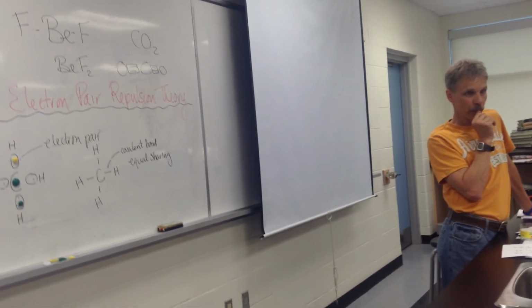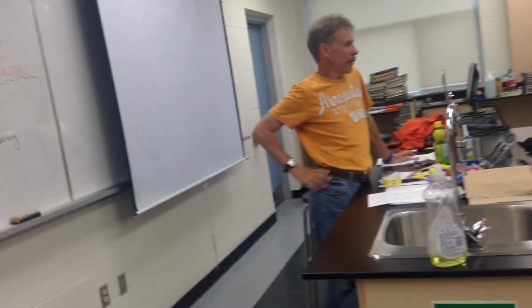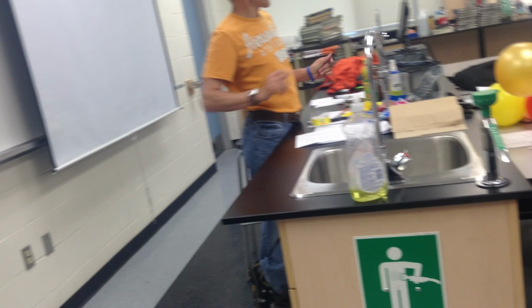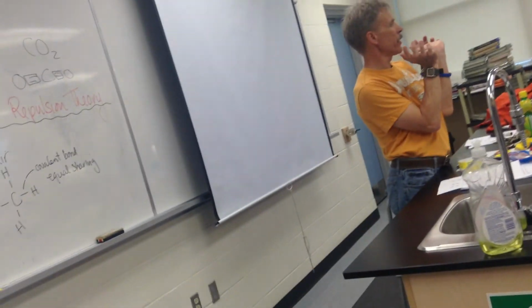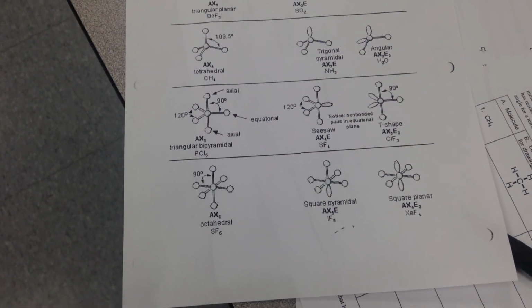So 180. That's not 180, it has E. Going back, if you have 2, you get linear. If you have 3, you get triangular planar. You have 4, tetrahedral. You have 5, it looks like that lovely molecule that some of you had in your hands. And if you have 6, you get octahedral. Why is it called octahedral? Octagon? Well, there's 6, but how many different